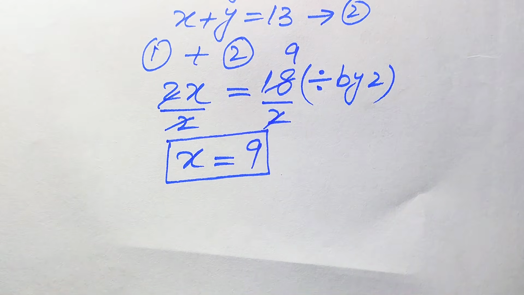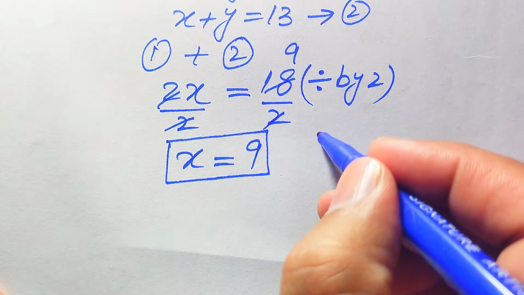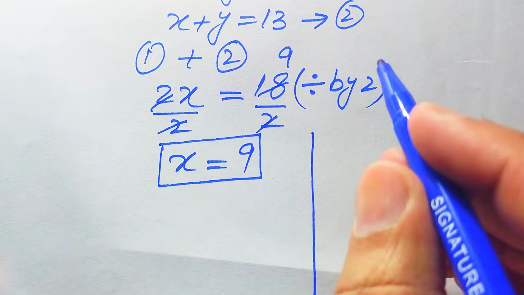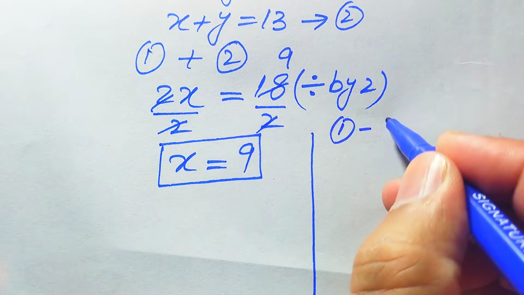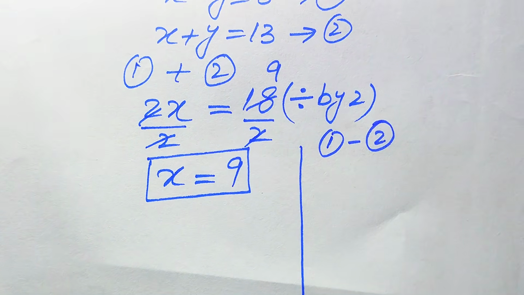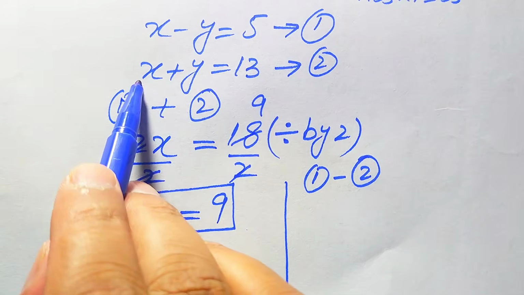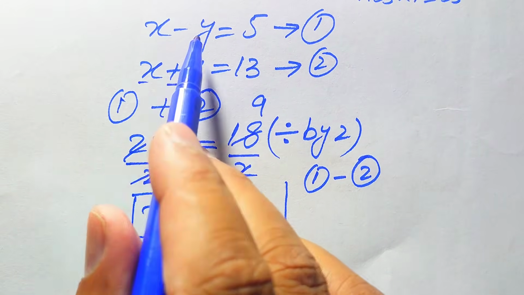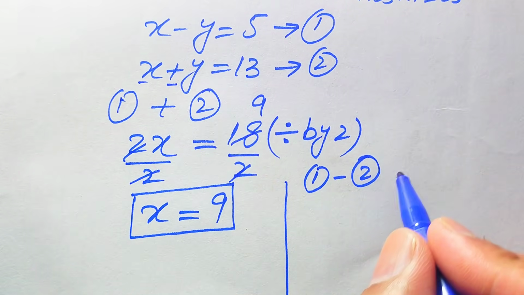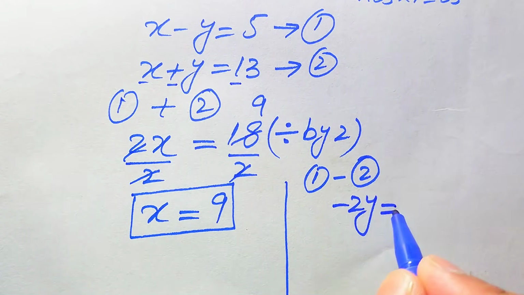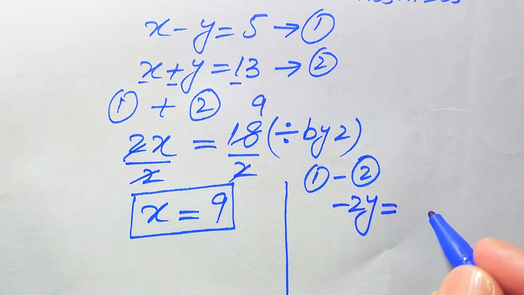And further in the next step we find the value of y from here, and now for the values of y we need to subtract both of these two equations. After subtraction of these values, we change these signs, so these x are gone and minus y becomes minus 2y equals to 5 minus 13